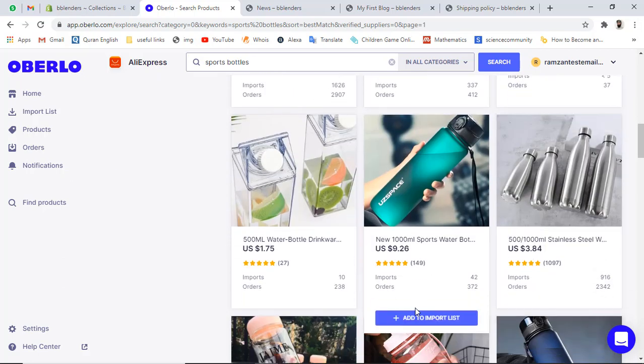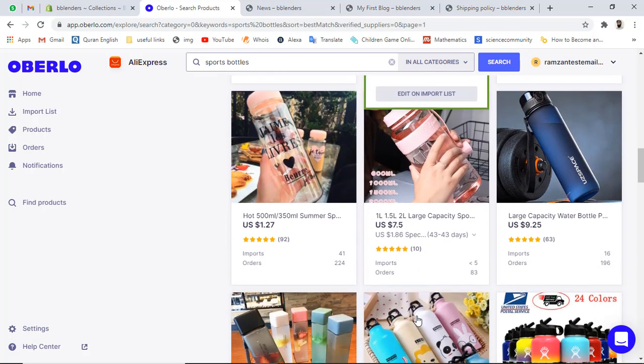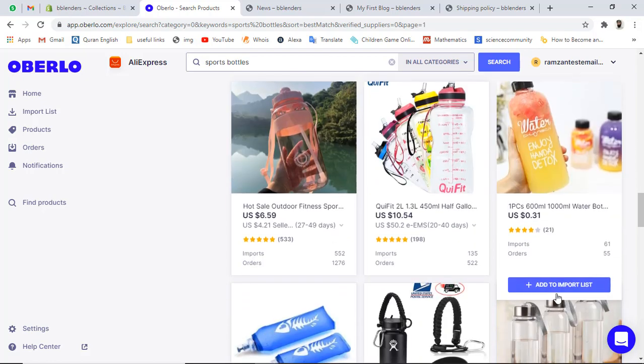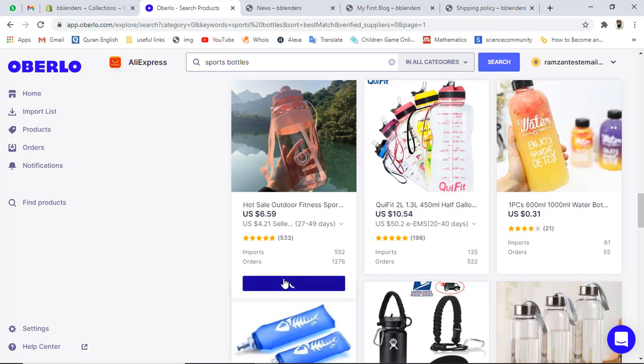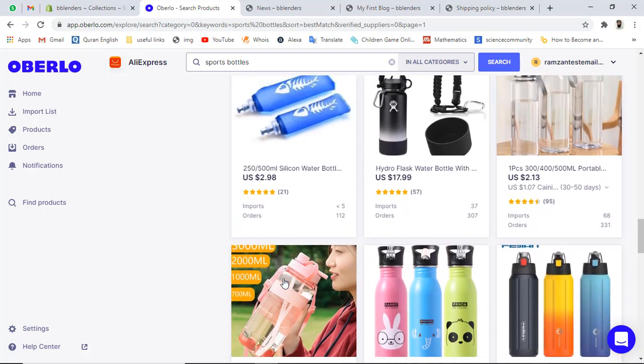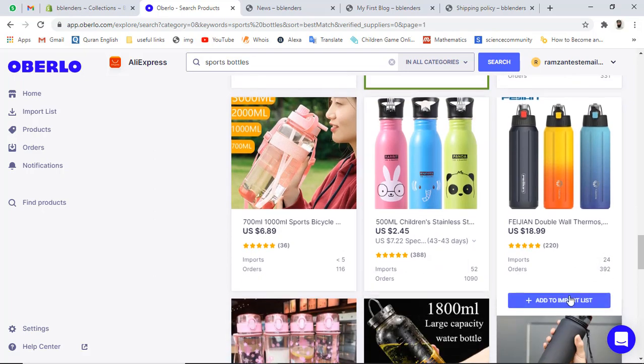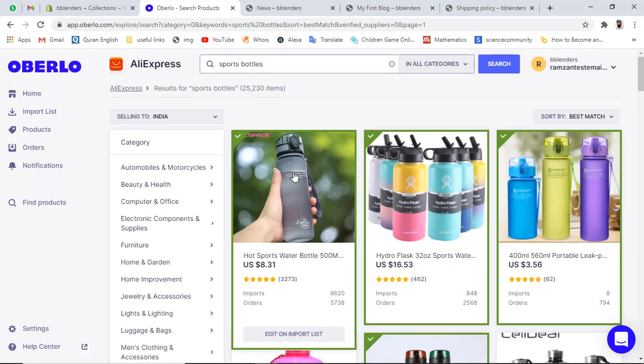You can see that we have beautiful colors, beautiful sizes, and a lot of good quality bottles as well. You should select all those which are looking good, but again I am telling you that you should not only check the look and feel, you should also think about the order count and everything. So now let's move ahead with import list.